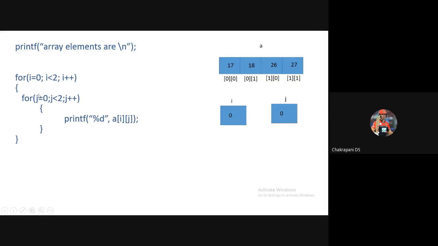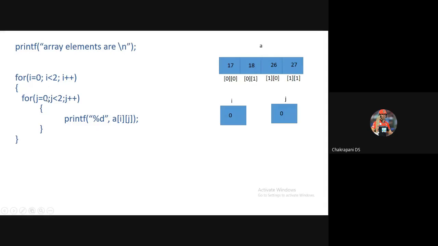That's why I'm starting with j equal to 0, because the first element is always in the 0th row and 0th column, so you have to start with i equal to 0 and then j equal to 0. Why am I writing j less than 2? Because how many columns are there? Of course, there are 2 columns. That's why I'm writing j less than 2, j plus plus, because the value of j keeps on incrementing here.